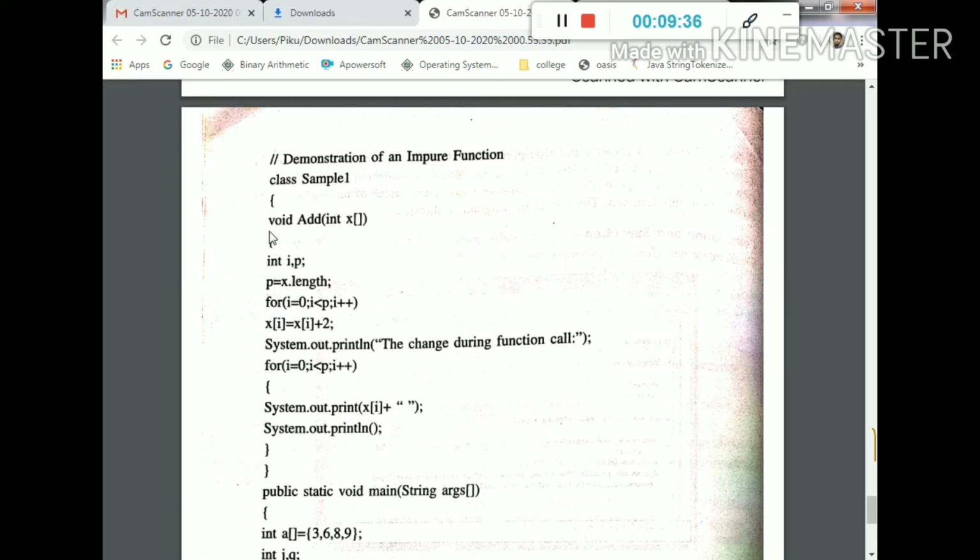Just see the program: at first we saw int add, now here void add, which means the function doesn't return any value. We create variables, store x.length, then create a for loop, then there is a calculation and print. When a function doesn't return any value and just calculates, it is known as an impure function.